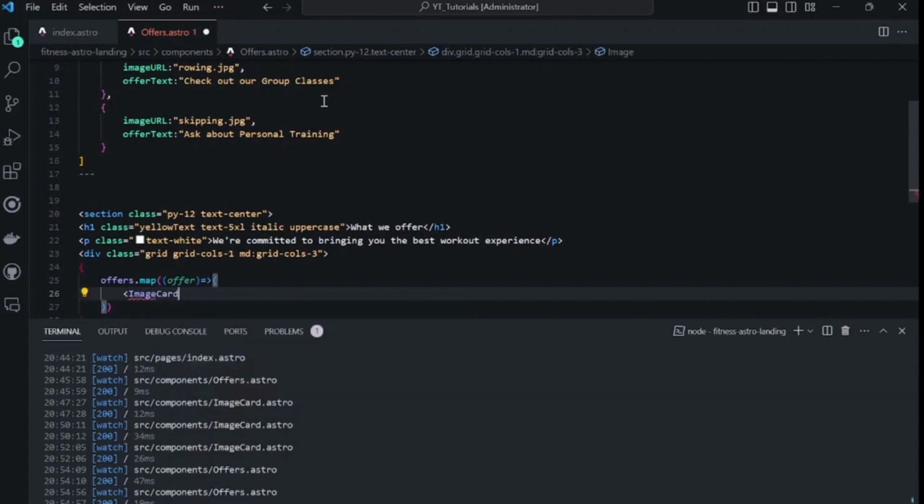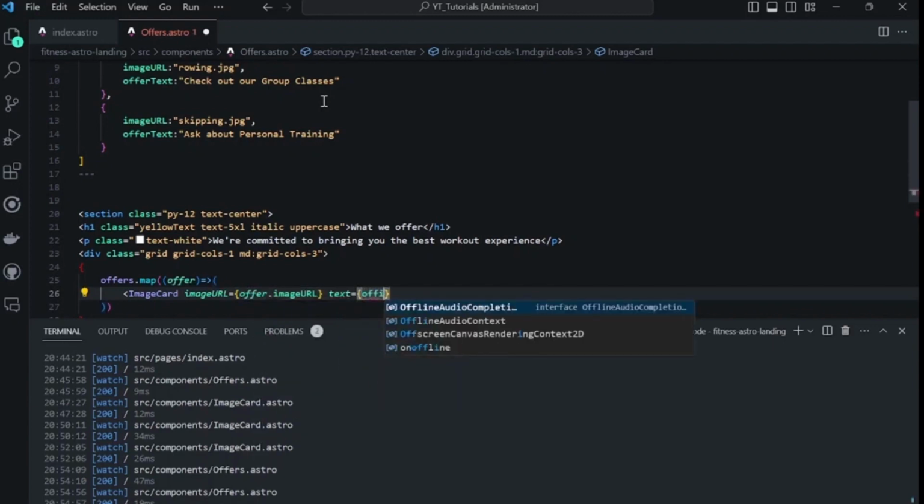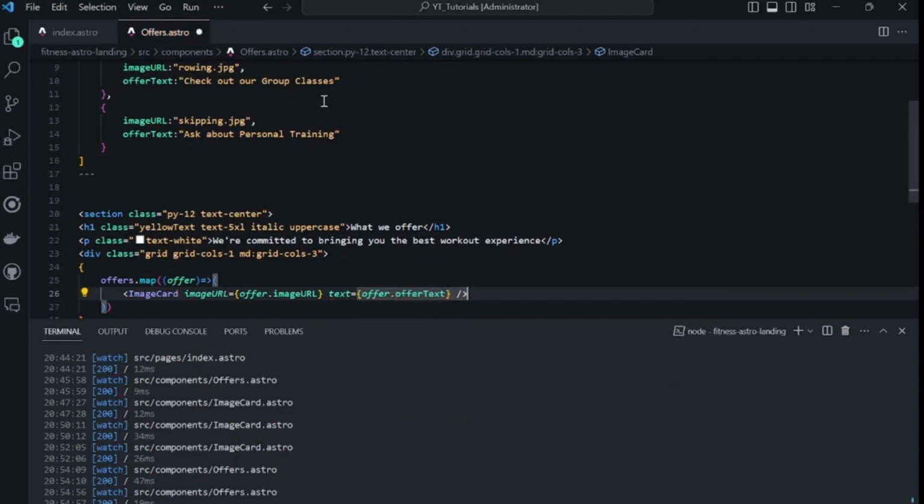Now we know that the image card needs an image URL, so instead of having the quotes we will put offer.imageURL, and the text, you guessed it, will be offer.offerText, and this should map